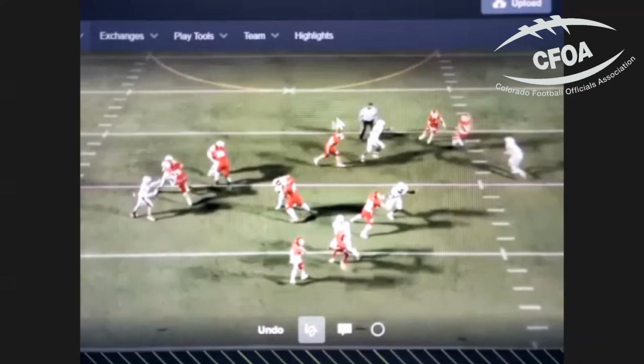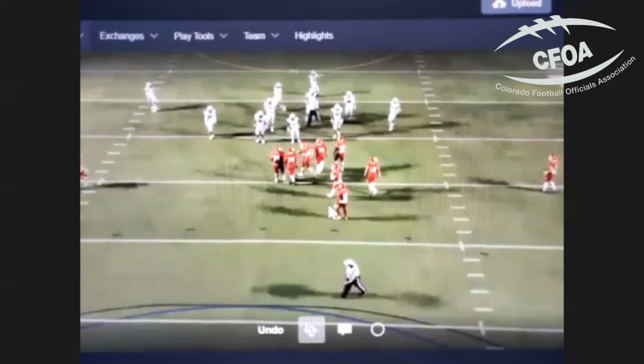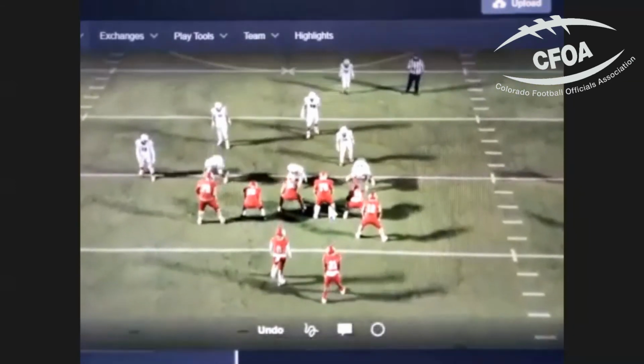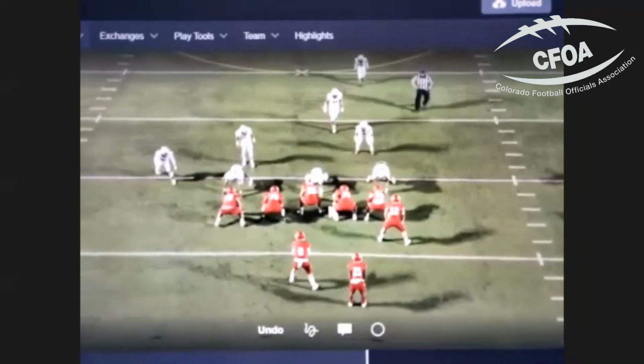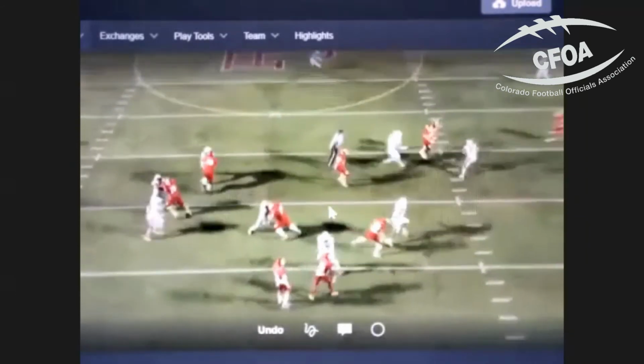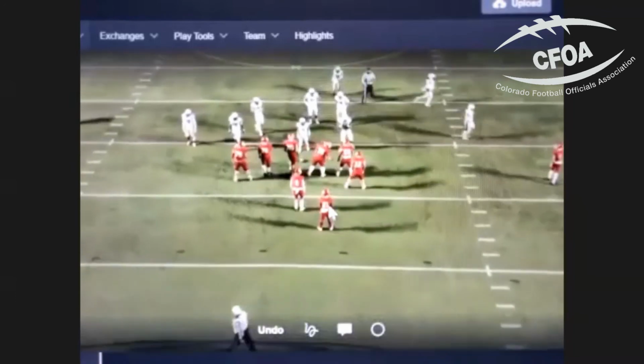Yeah, that one's illegal. Whether or not we would catch it or not, it's all part of this difficulty as umpires recognizing run versus pass early enough. And if you go from the beginning here, we don't make it any easier, because if you look at our right tackle, he actually pass sets his guy. Yep. So you're getting mixed signals. Yeah, and that's what we're trying to do to the defense. He just pass sets him. So we got 4 guys run blocking and 1 guy pass setting.